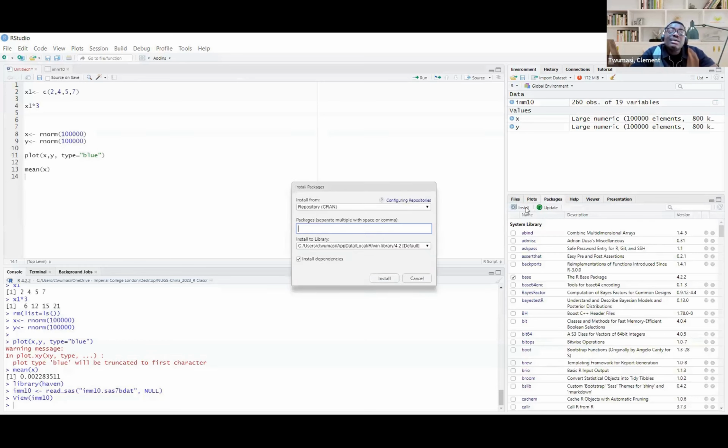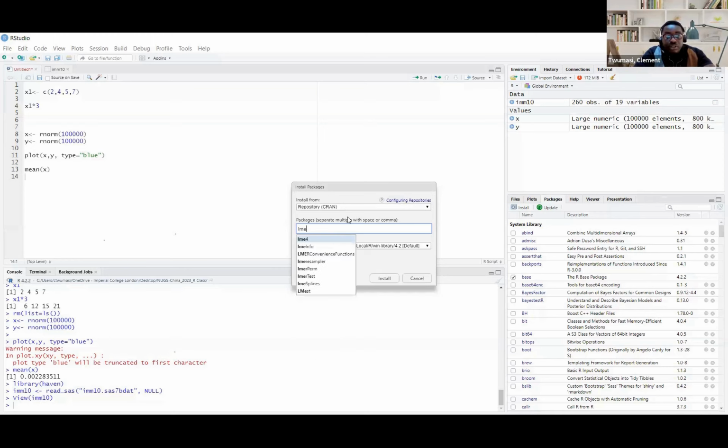What are packages? There are certain functions that people have written. Maybe you want to do regression, and there's a package to do, let's say, generalized linear mixed models, and you want to fit a generalized linear mixed model. In order to do that, someone has already written a function and wrapped it up in a package form. So once you load that package, let's say the package is